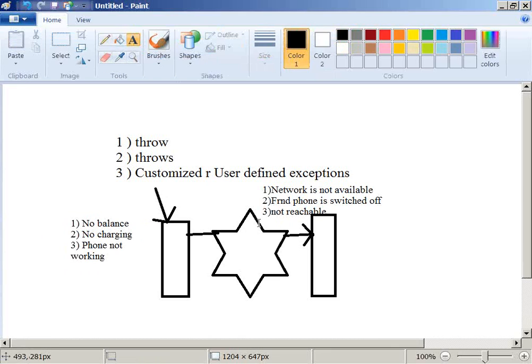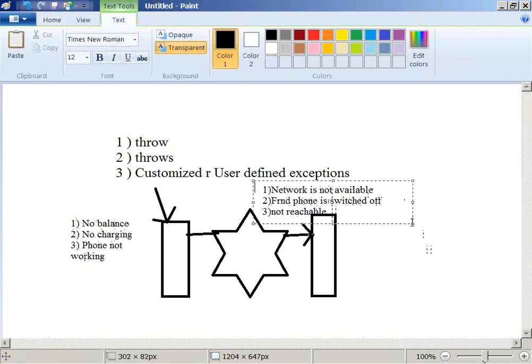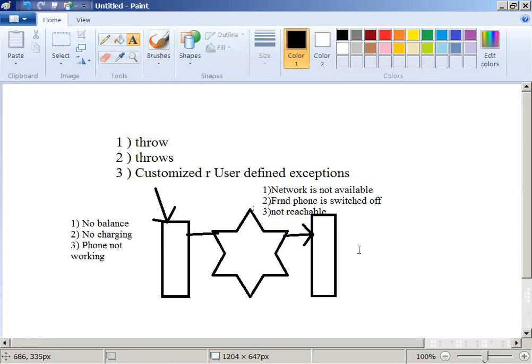Somebody is saying these are all problems of my mobile and these are the problems of some network or something outside of my mobile. My mobile is fine. Still I may not be able to connect to the network or to the other mobile. Or there may be a problem with my mobile itself. Fine. So that is the difference.